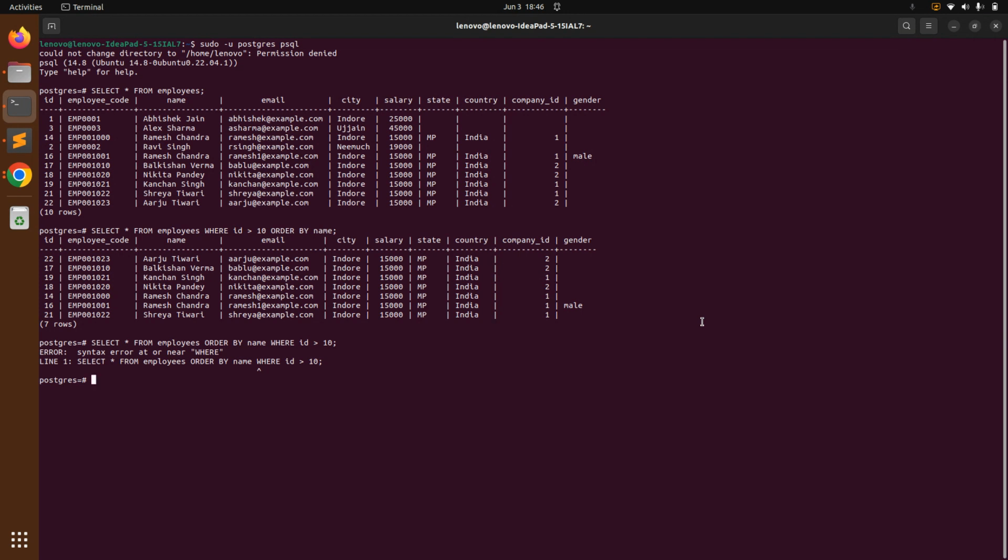So whenever you are in a situation to use the order by clause and the where clause in the same SQL query, make sure to use the where clause first and then the order by clause. And you cannot use order by and where together in a query if you are using an aggregate function in that query. For example, if you run a query like this, let's say